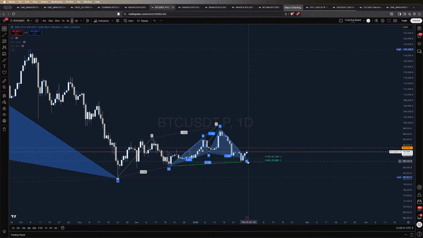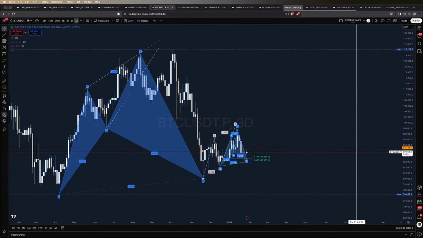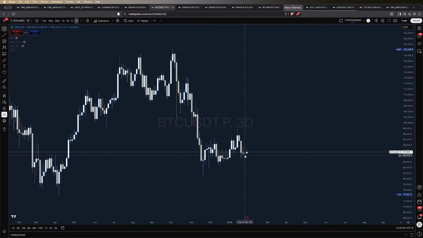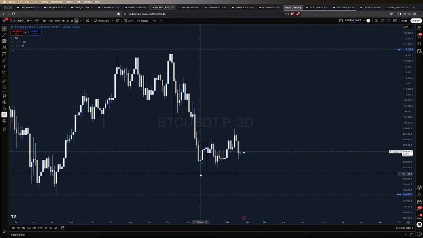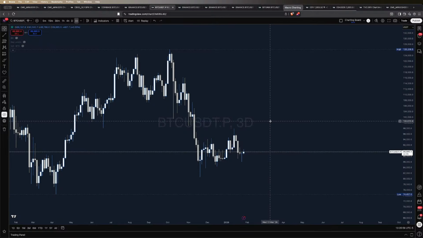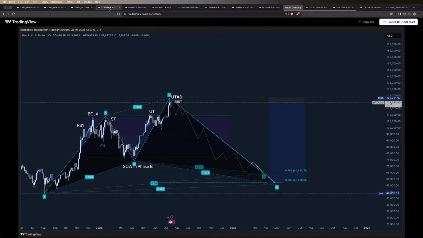But in the event of higher projections, given also the reading on the 3-day chart, you guys can observe here that there was indeed a doji, a hammer printed last Sunday on the price action for Bitcoin, similar to the previous one also from November. Still computing higher lows, maybe favoring an argument up until we will see if the 100,000 can be tested. And if not, we do know that our major projection from July all the way to the 64,000 region and 57,000 remains there since July, my friends, okay?